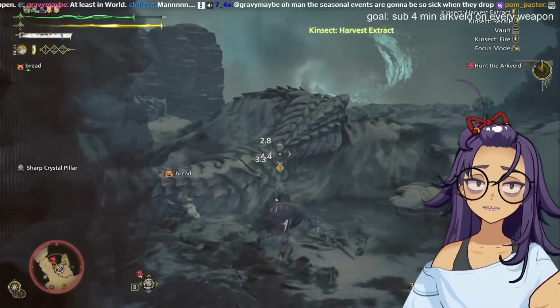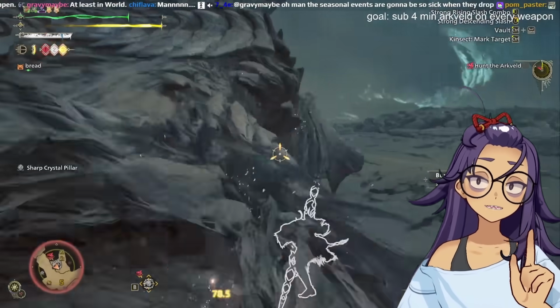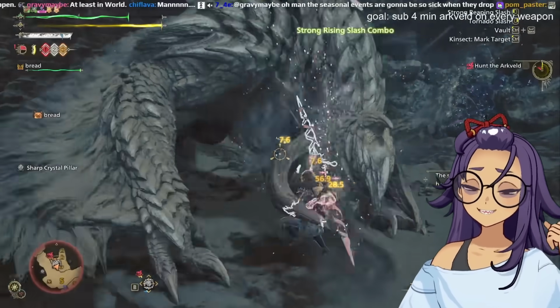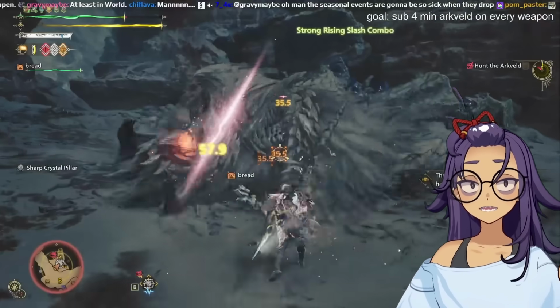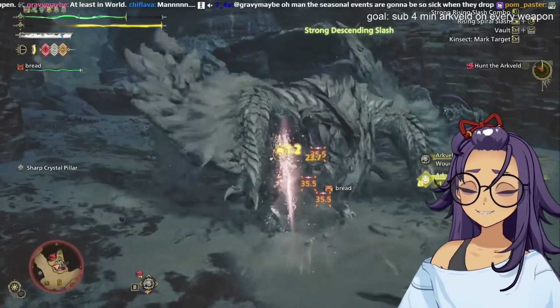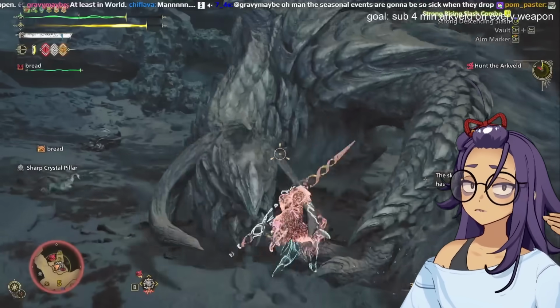It feels a bit similar to Switch Axe in that you do a bunch of chores for your big nuke, but the big attack is a little bit harder to execute because unlike the Switch Axe, you don't get hyper armor. And for me, that made it a lot harder. For so long, I was nowhere close to clearing Arkveld in under 4 minutes. Whenever I did my big extract nuke, halfway through I would just get knocked back, not do any damage, and